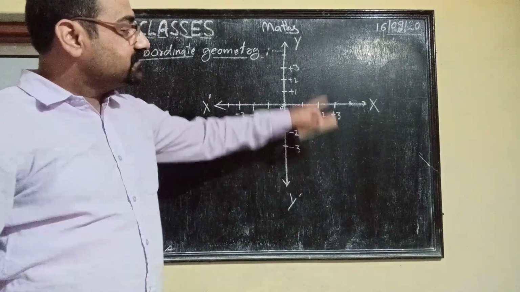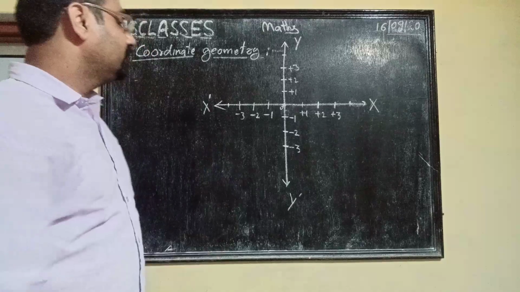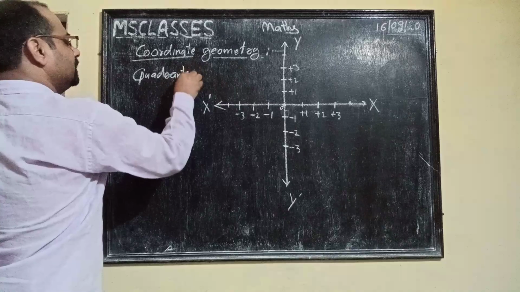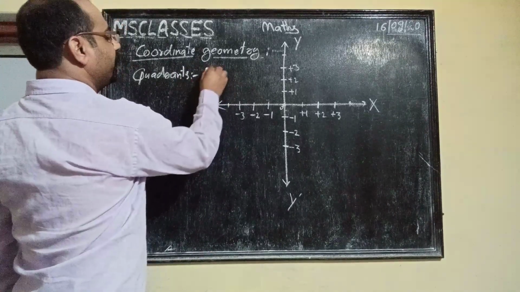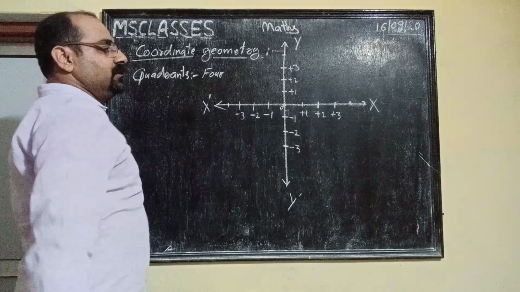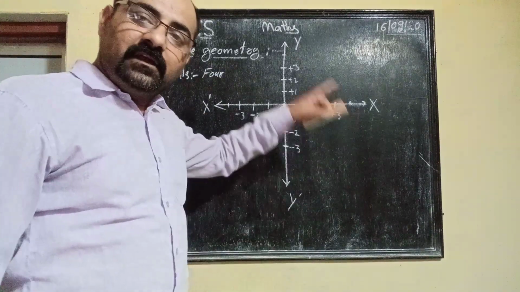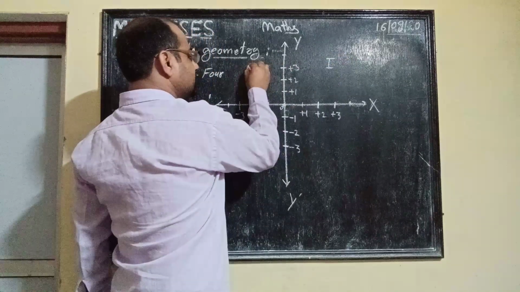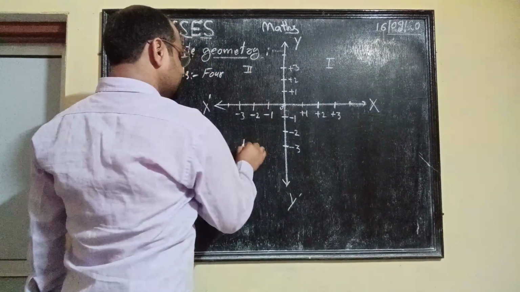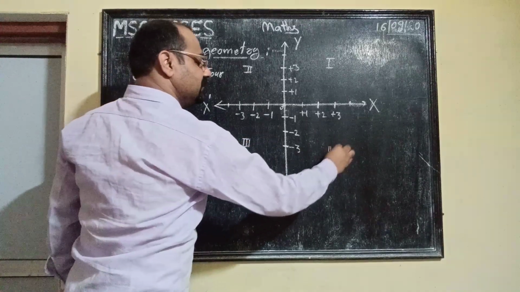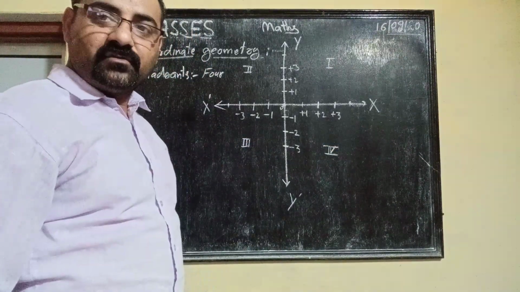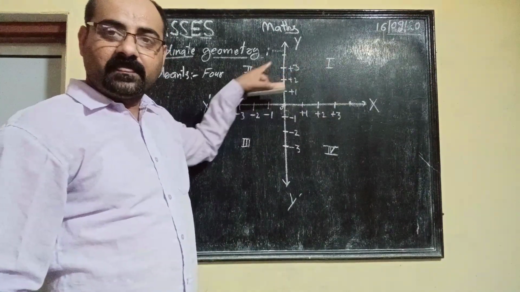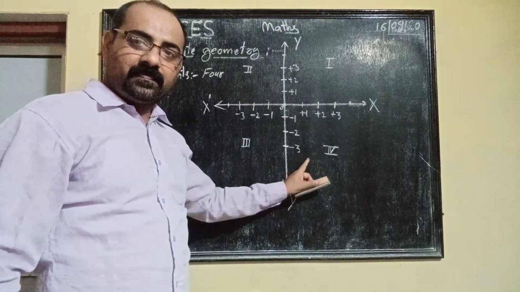So now this Cartesian plane has how many quadrants? So quadrants, how many quadrants? It has 4 quadrants. So when we go anti-clockwise, we see this is the first quadrant, this is the second quadrant, this one is the third quadrant, and this is the fourth quadrant. So how many quadrants do we have? 4 quadrants. कितने quadrant है? 4. Number 1, 2, 3 and 4.